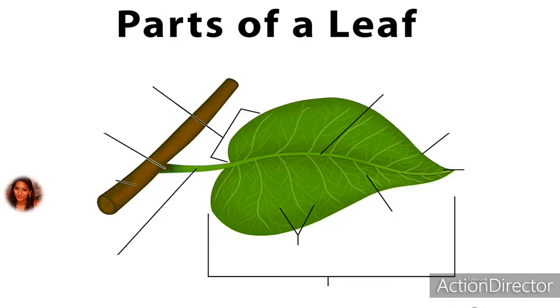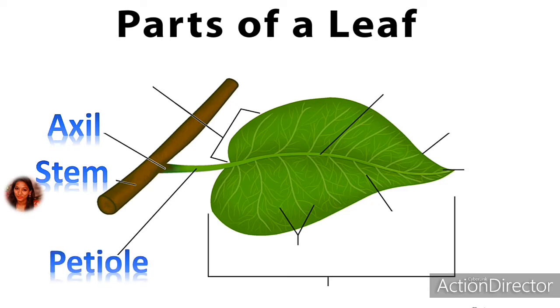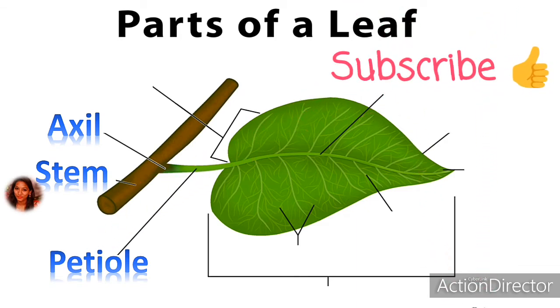Today we are going to focus on the main structure of the leaf. So let us see what different parts are there in the whole leaf. First, the leaf is always situated on the stem. Then, the portion from where the leaf arises from the stem is known as the axil. As you can observe over here, the whole leaf is connected with the stem. This green structure is known as the petiole, the supporting part that connects the leaf with the stem.